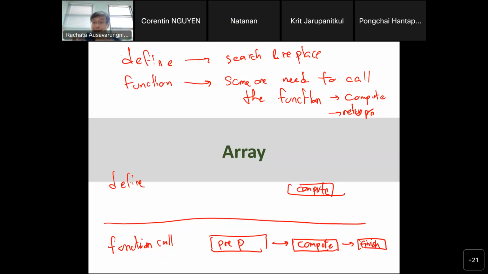If it's a simple function like minimum, or checking if A mod 2 is 0, like if A is an even number, then define is a good solution. That's one technique we call inlining, which is instead of calling the function, you can literally type it in inline. What C would do for the compiler is take that function call and copy and paste it inside the text. So you don't have to prep, you don't have to finish. That makes things faster, right?